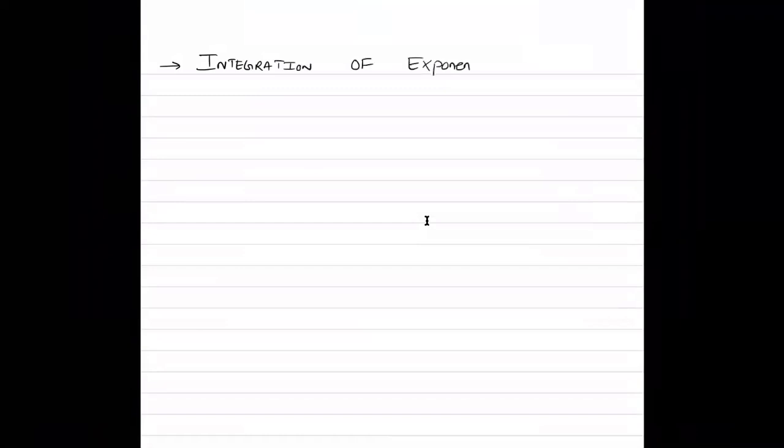Can you give me examples of exponential functions? E to the power of x. Exactly. E to the power of x is an exponential function. Now we know that integration is a reverse process of differentiation. So the rules of integrating exponential functions are going to be